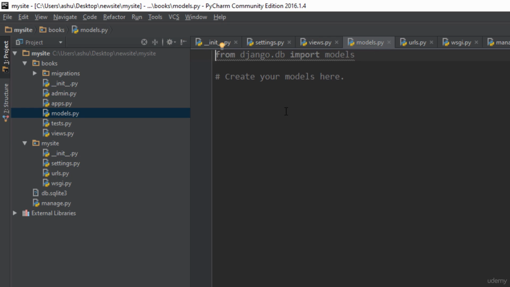As you could see, the models.py file is still empty, and what this file allows you to do is create databases or database tables so that your website can hold the data which is required for your website to run. Now, as we are developing a book related website, what we need to do